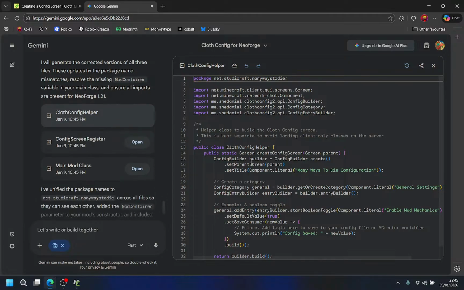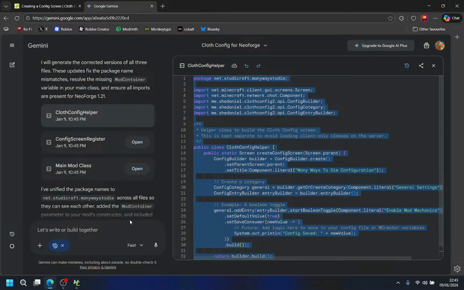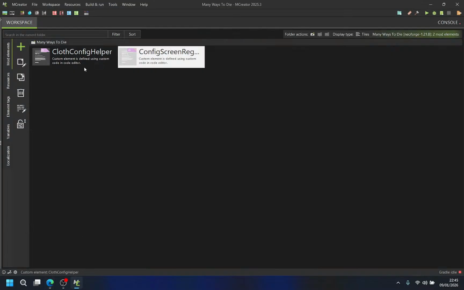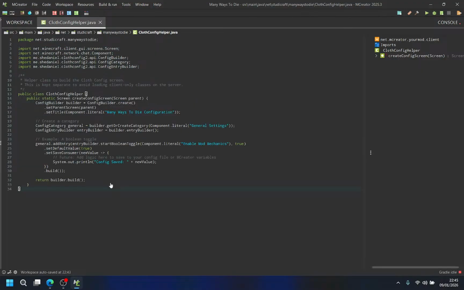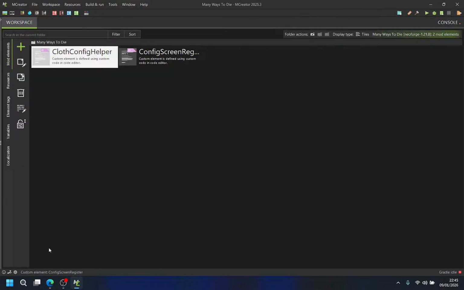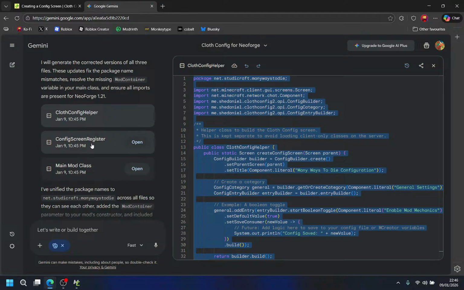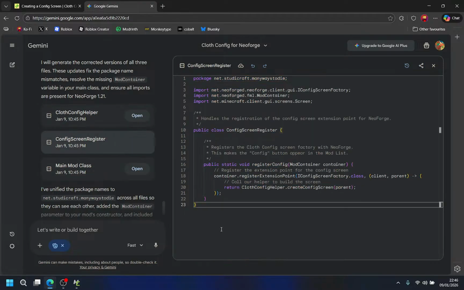So clove configure helper. Okay. Config screen register.